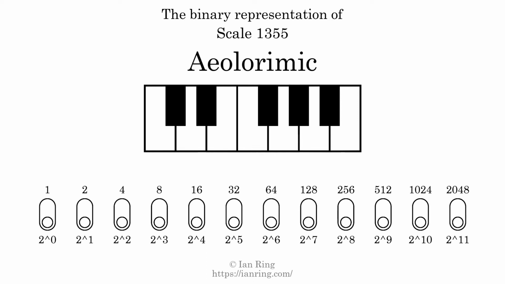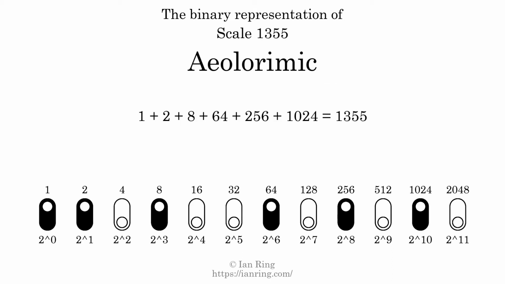The binary representation of this scale is determined by mapping tones of the scale to binary digits. Each binary digit represents a power of 2. To get the scale number, we add the powers of 2 together. The powers of 2 that are present in the scale, all added together, equals 1355. That is why the scale number, in decimal, is